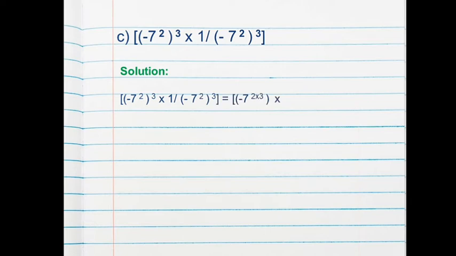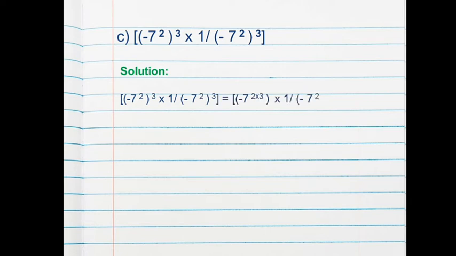(-7)^2 whole raised to the power 3 into 1 divided by (-7)^2 whole raised to the power 3. So here we are going to simplify it. That is, we can write it as (-7)^2 whole raised to the power 3 into 1 divided by (-7)^2 whole raised to the power 3, which is